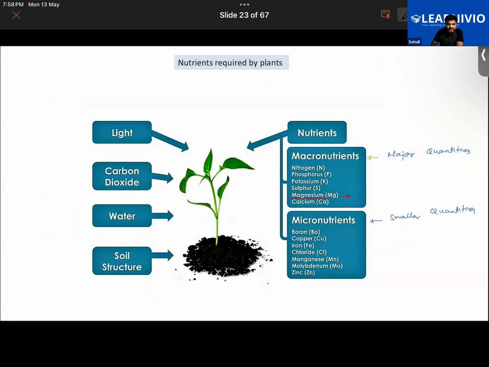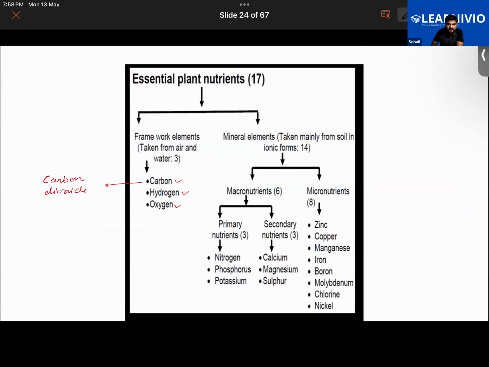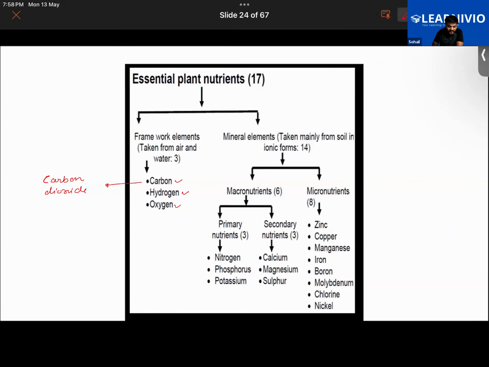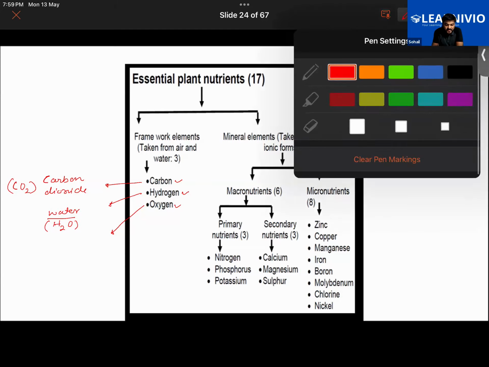So we were talking about the presence of starch and different types of nutrients. Nutrients like carbon will be taken from carbon dioxide, that is, from air. Hydrogen is taken up from water. Water is made up of hydrogen and oxygen. Carbon dioxide is made up of carbon and oxygen. And the oxygen that is prepared in the process of photosynthesis